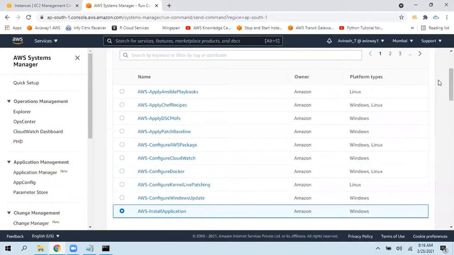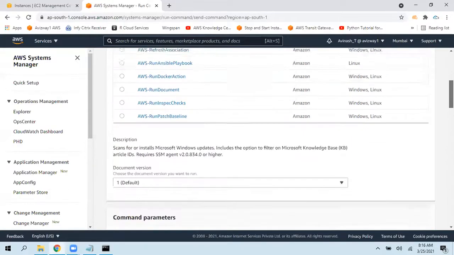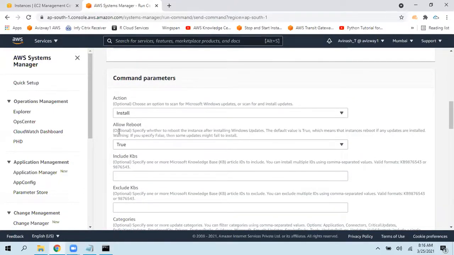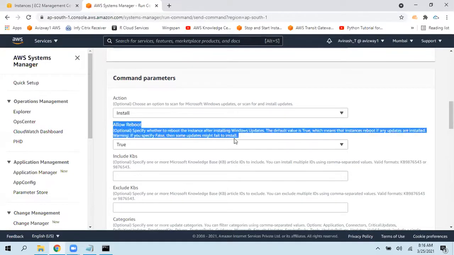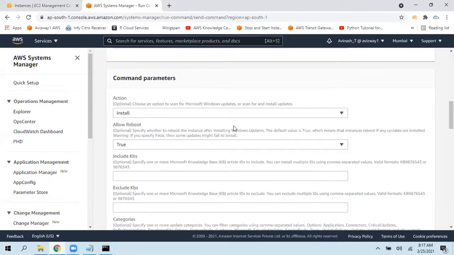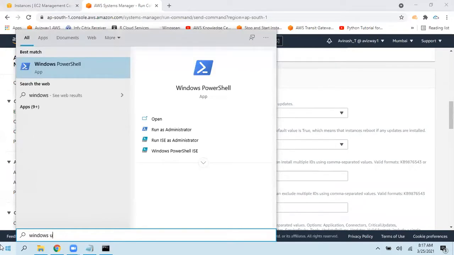Right. So whenever you're taking the next screen and all, like install Windows updates, when do you want to? So here we are going to get more options. Do you want to install updates or do you want to just scan? Now, after Windows got updated, do you want to allow reboot? If you are giving true, it is going to happen. False, it's not going to reboot. Then we are going to have KB IDs, knowledge base IDs, article IDs. So if you're taking any Windows updates,